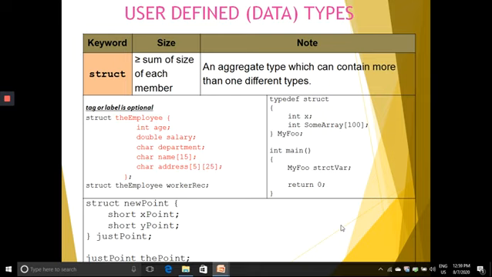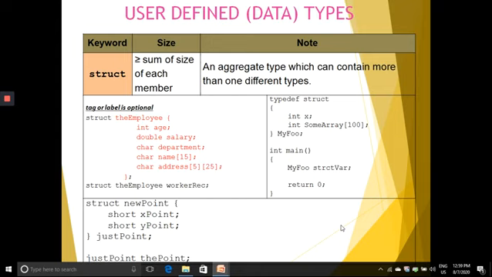You can see another example: typedef struct, int x, int some array of 100, my foo, int main, my foo struct variable, return 0. So they have used typedef, and with that they created one structure, that is my foo, and with that name they created the structure variable strct_var in the main function. We have another example, struct new point, short x point, short y point, just point.